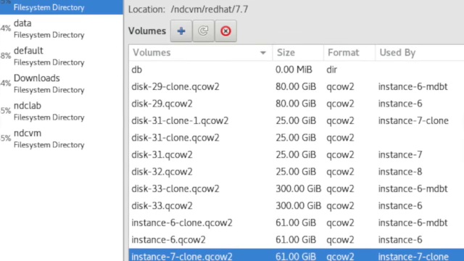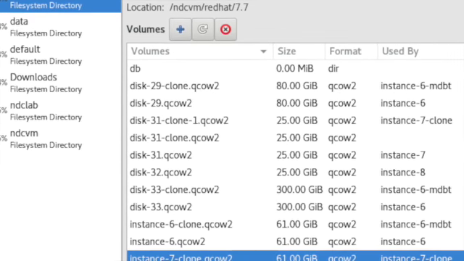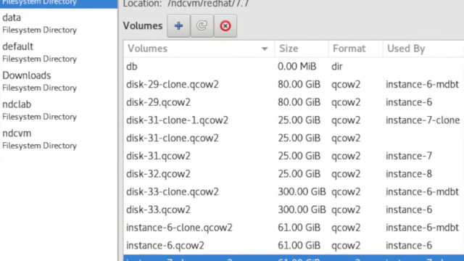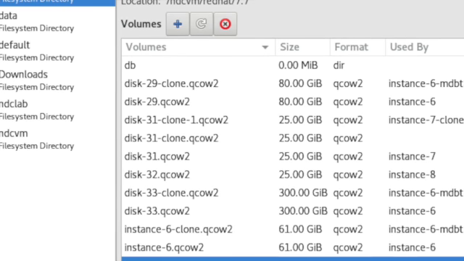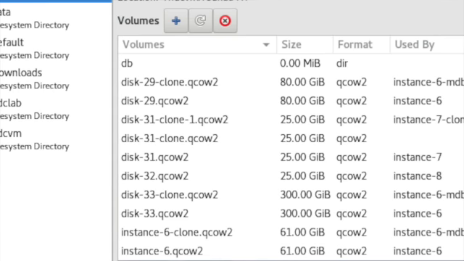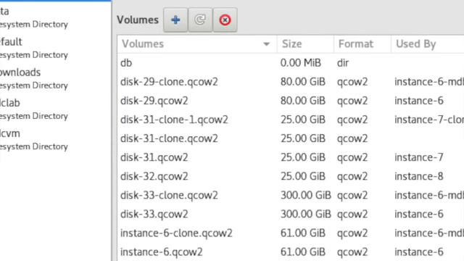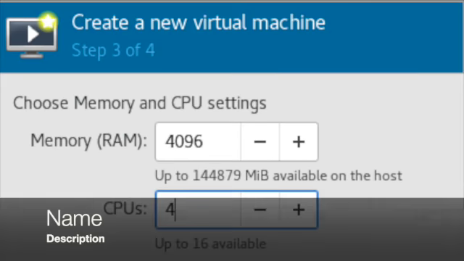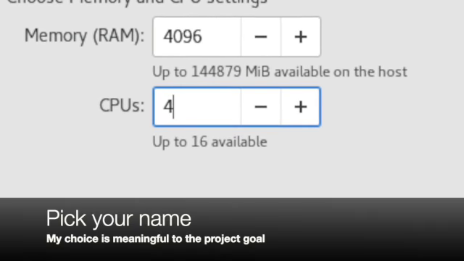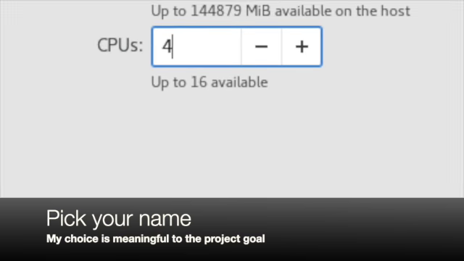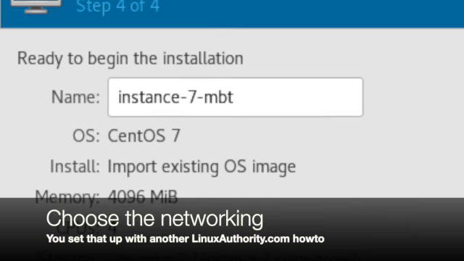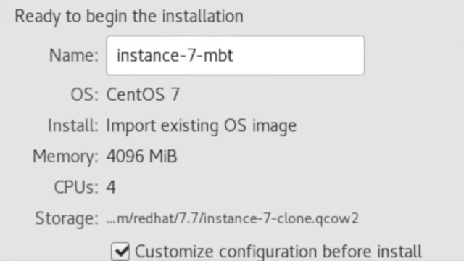Now this replication will work with any storage format you want, but this is how we built it, and we're currently only delivering the Red Hat version of the NuData Cloud. Set your memory to 4 gigabytes of RAM or larger. We set our base CPU out of 16 available to 4. We will allow for search. We set the name to make it meaningful. Our name means NuData, MariaDB